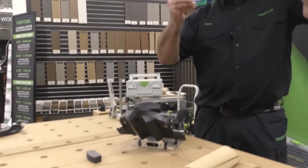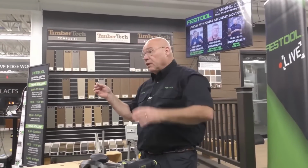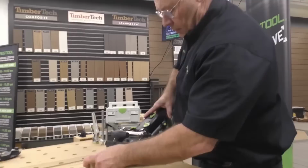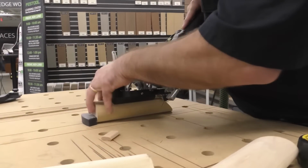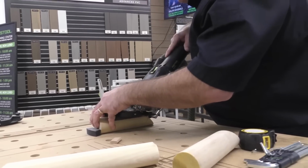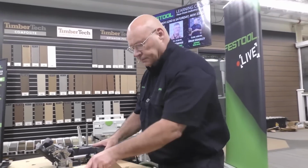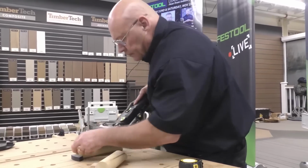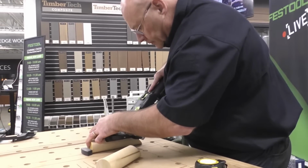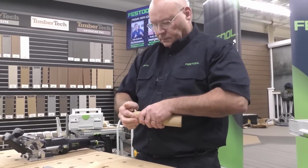Oh, and this wrench doesn't store on the tool, so make sure you never lose this. You can get replacements, they're $300. It's very special, okay. So I'm going to take that, set it up like this. Make sure you feel the flat to the flat. Okay, now,